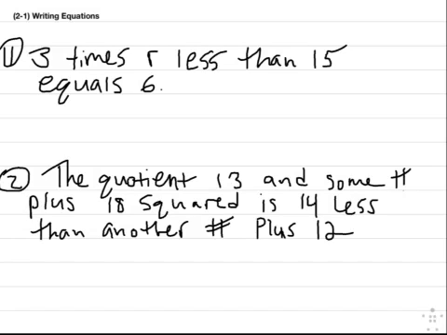So we've got number 1, 3 times r less than 15 equals 6. So we can color coordinate this and say 3 times r. Well, is it just 3 times r, or is it r less than 15 first? You could interpret it a couple of different ways, but let's do 3 times r first and see how it turns out. So this would be 3 times r, and this is 3 times r less than